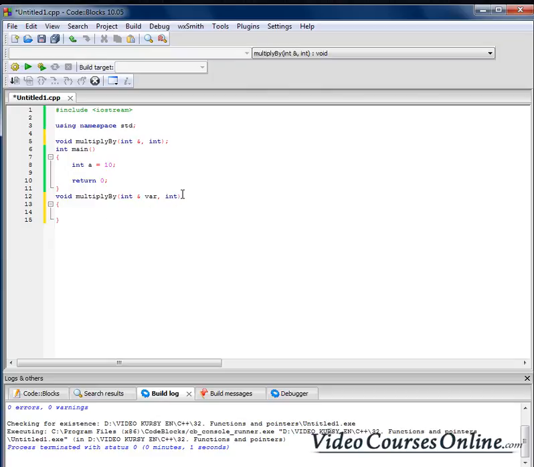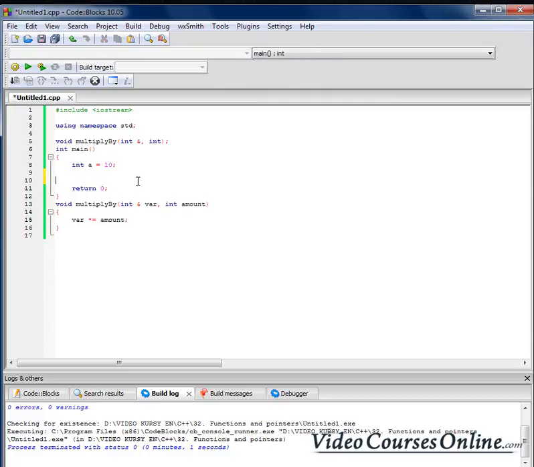And now, here we have the variable that we want to multiply by something, and here is the amount that we want to multiply by. Because this is a reference, the definition and initialization looks like that, equals here the a, and now the var is just the nickname for a, right? And because of that, now when I, for example, do something like that, I am changing the value also here,